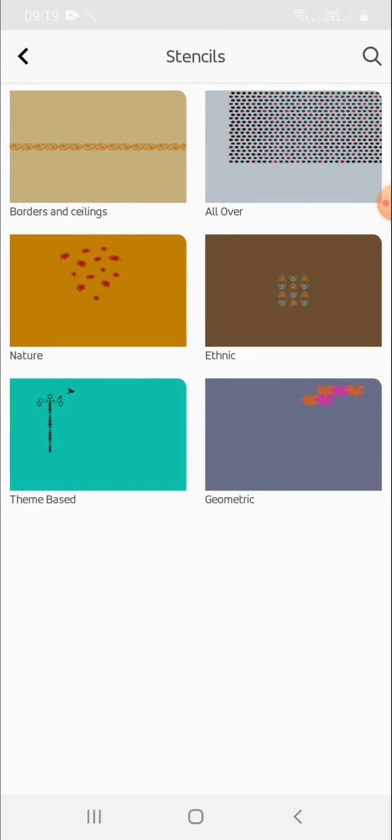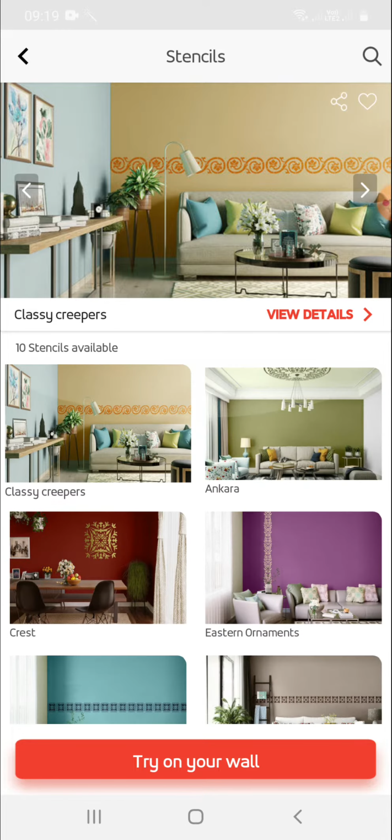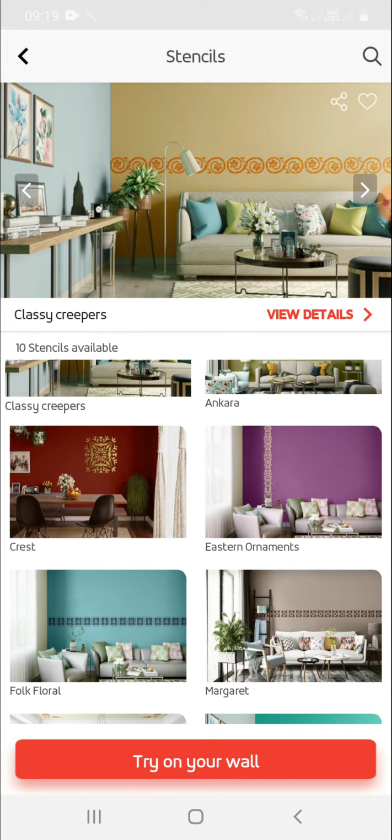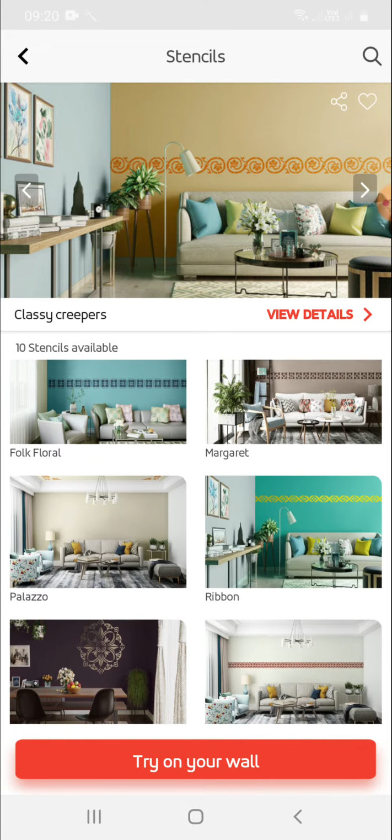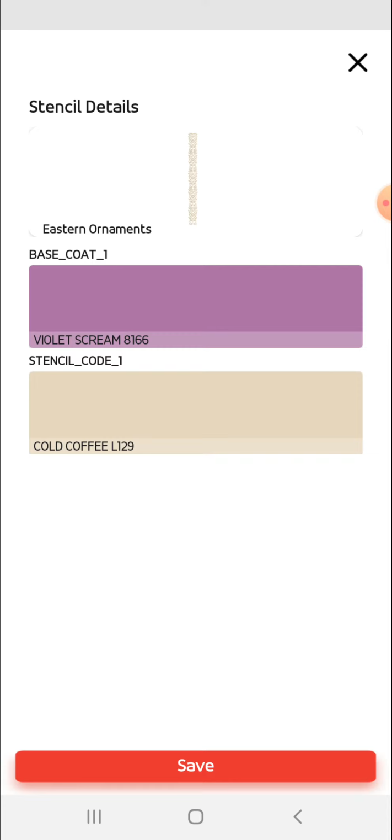So look at, we have plenty of stencils available, which are border and ceilings, all over, nature, ethnic, theme based, geometric. Look at, in border we have different patterns available. You can choose according to your interest. For example, take this one, you'll find the codes, colors with the stencil design.